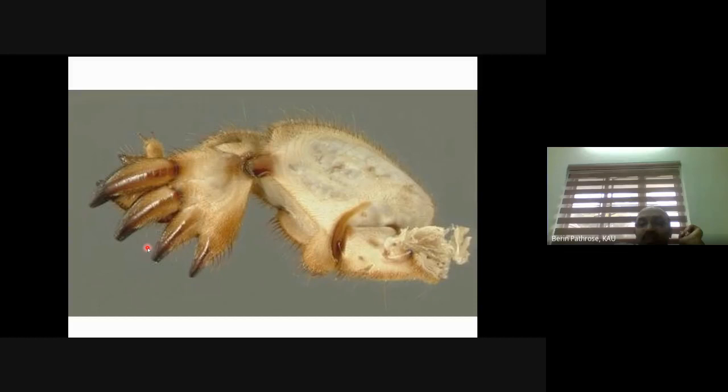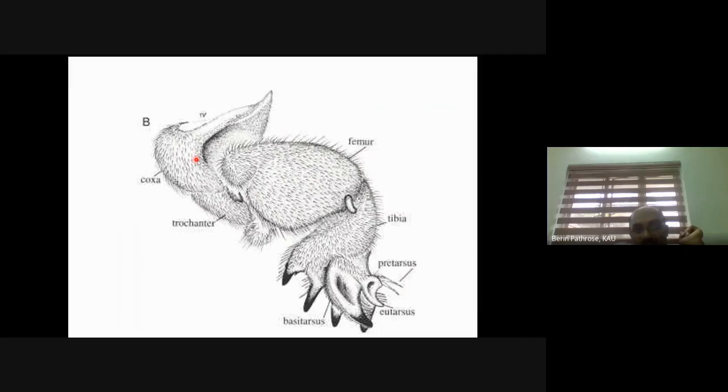If you see this fossorial leg, this is coxa, this is trochanter, and the femur is stout and enlarged, and this is tibia, and the tibia has numerous spines. And in some insects, if you see over here, this is coxa, trochanter, femur, which is enlarged and stout, tibia has spines, and the first tarsal segment, the tarsal segment which is attached to the tibia, is called basitarsus. I will repeat again. The first tarsal segment that is attached to the tibia is called basitarsus. That means the basal tarsal segment.